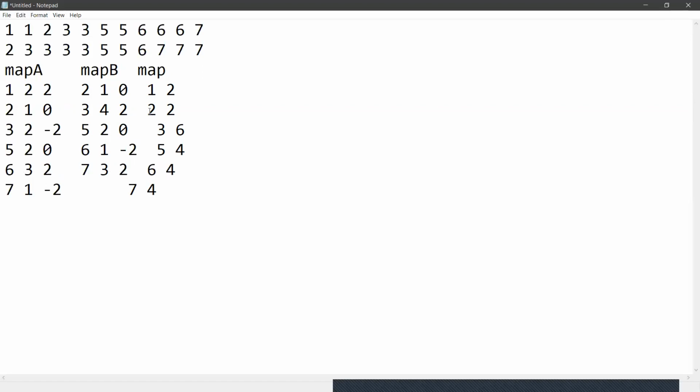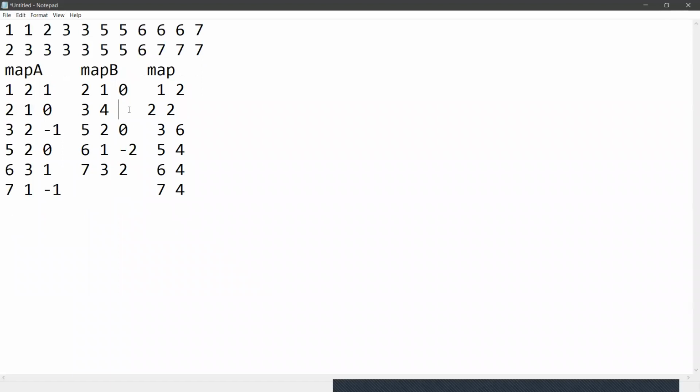Got it? Now, okay, what to do? I have divided map A values by 2 and map B values by 2. So this becomes 1, this becomes 0, this becomes -1, this becomes 0, this becomes 1, and this -1.